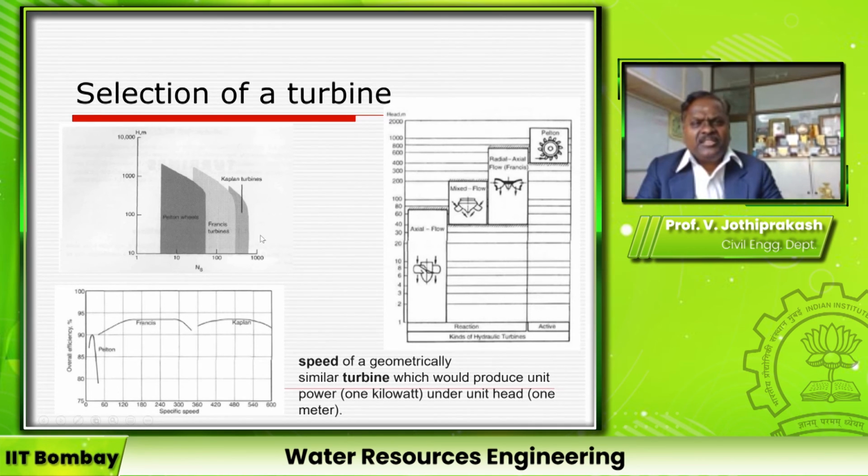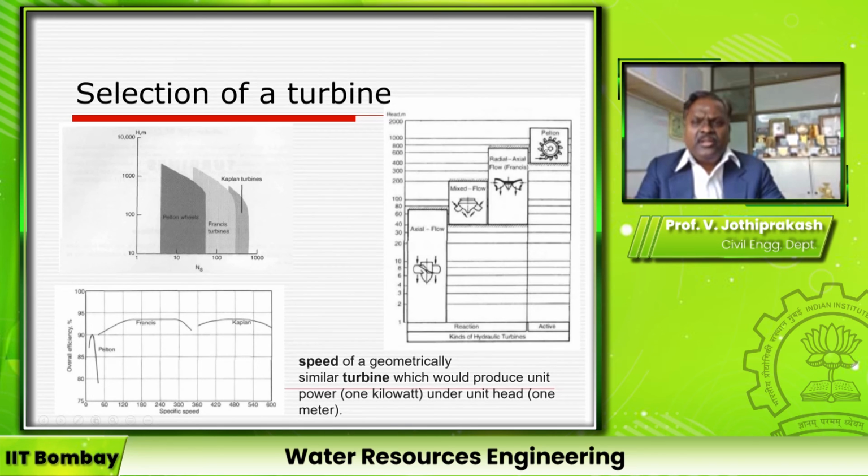We have seen three examples: Pelton wheels, Francis turbines and Kaplan turbines. The selection depends upon the efficiency and the specific speed, right? At lower specific speed, Pelton wheels are very highly efficient. At higher specific speed, Francis and Kaplan turbines have higher efficiency. Or it may be a combination of the type of the turbine and head.